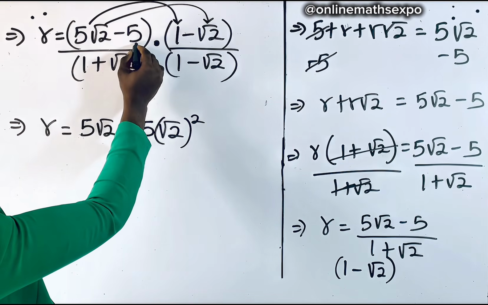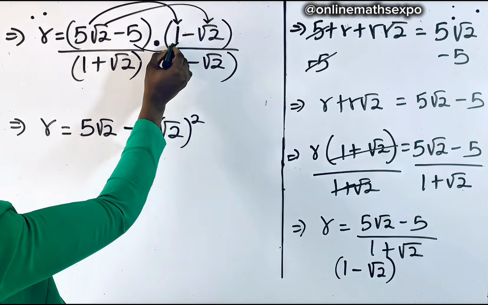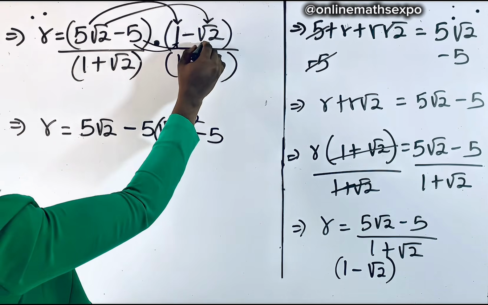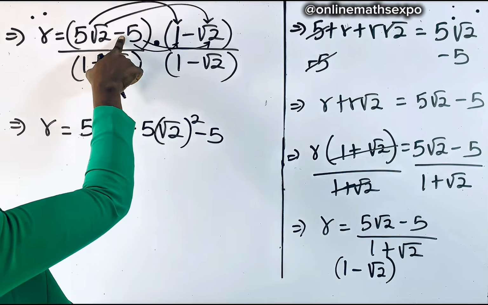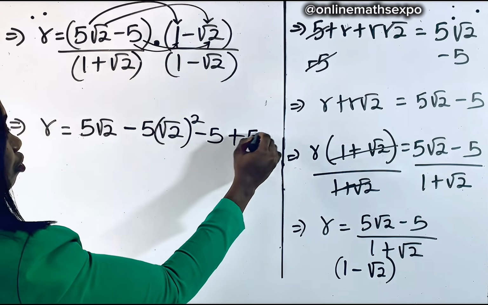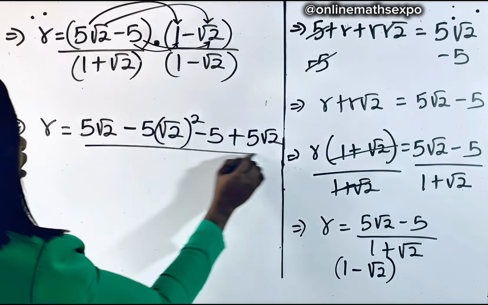We are going to go with this. Use negative 5 to multiply this. This will give us negative 5. Also use it to multiply this, and that will give us negative times negative is positive, 5 times root 2 is 5 root 2, and that is divided by